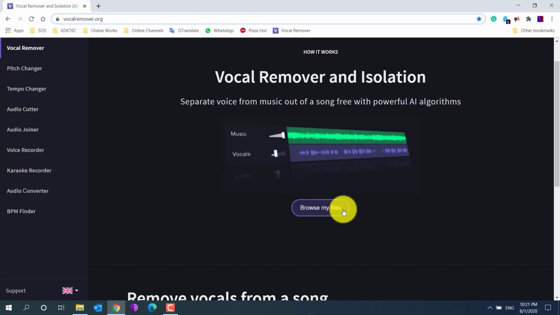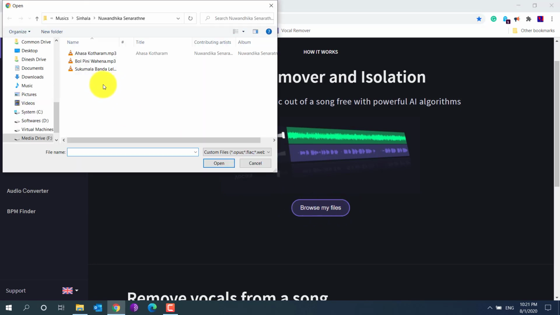Then you can click here. You should click here before you start, and by default it will be the first thing. But if you click these tools, you should click once again here, vocal remover. Then you can browse and click here, browse my files. Then you should